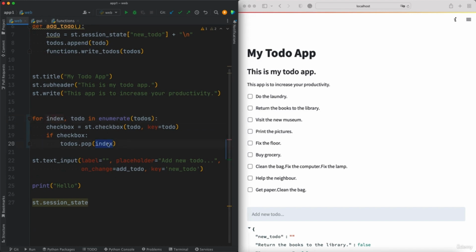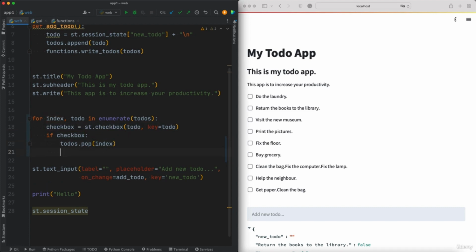So we remove the to do for which the checkbox was checked from the list, and then we write the new list in the functions dot write to-dos function. So that should write the updated to-dos with that to-do removed. It should write it to todos.txt,